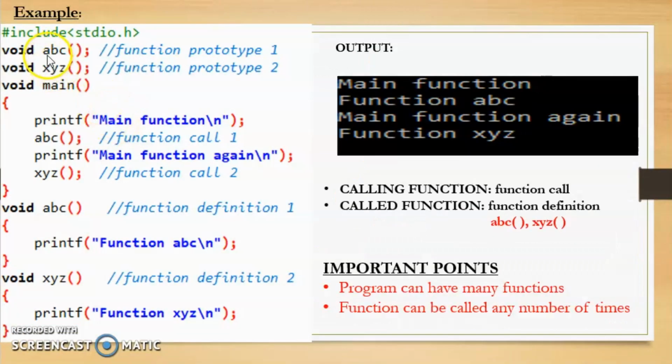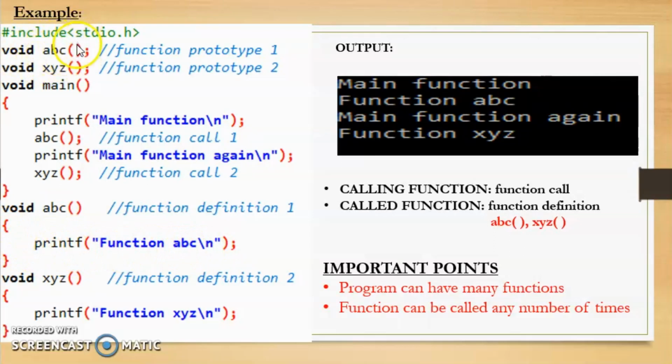Let us see another example. First we write the header file. Then we will declare the function which we are using in the code. The functions which we are using in the code are this function ABC and XYZ. So as a result, first we have declared them. So this becomes the function prototype. Now we have written void ABC because this function ABC is not returning any value. We have just a printf statement over here. There is no return statement. So the return type will be void. Name of the function is ABC.